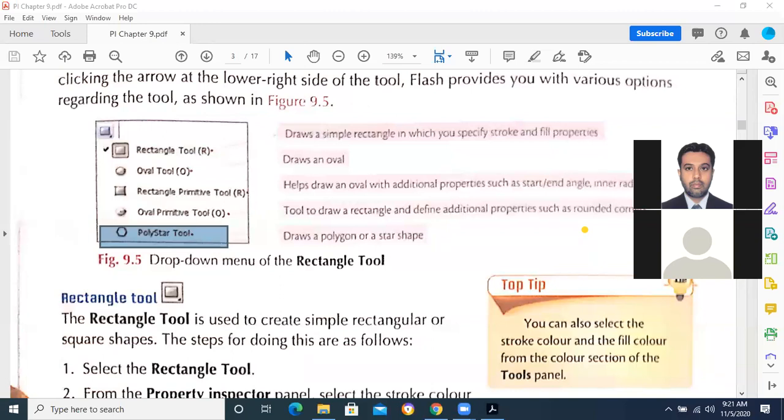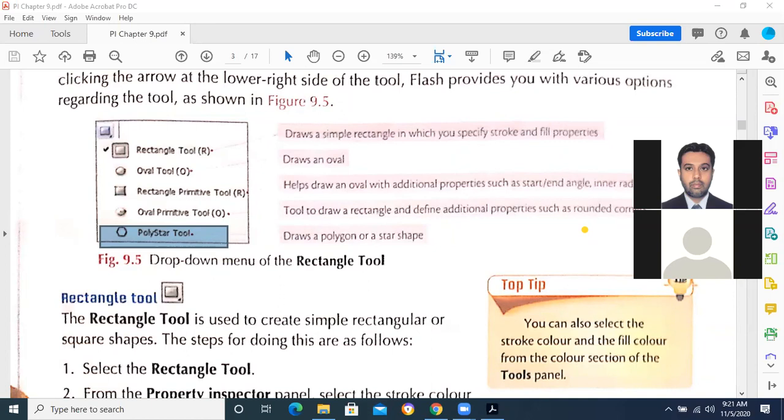In this way we can draw a simple closed diagram with multiple sides, and we can define the sides. We can draw a triangle even, because if we mention 3 sides over there, a triangle will be drawn. Fine, this thing is clear.